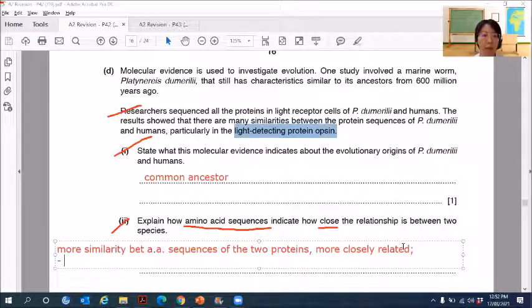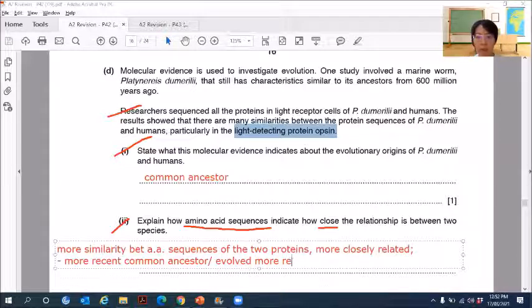And also the more similarity between amino acid sequences, the more recent is their common ancestor. That means they have evolved more recently. Okay, they have evolved more recently from their common ancestor. So this is a